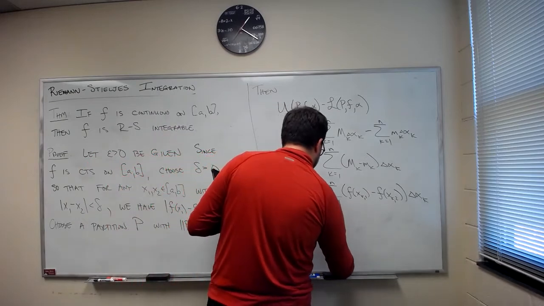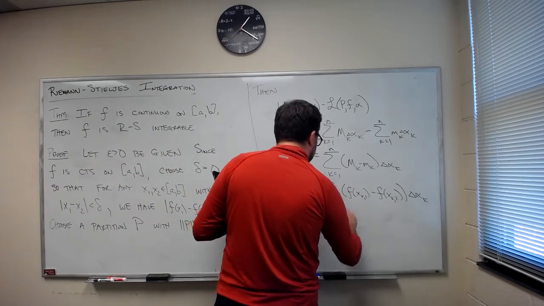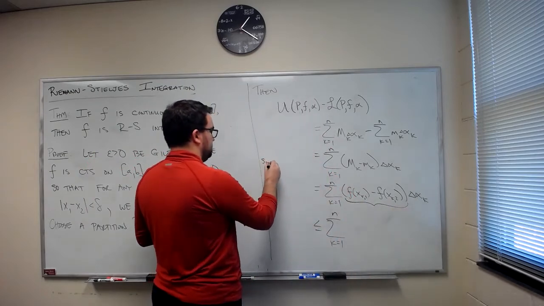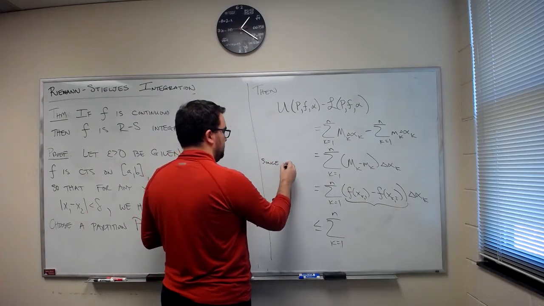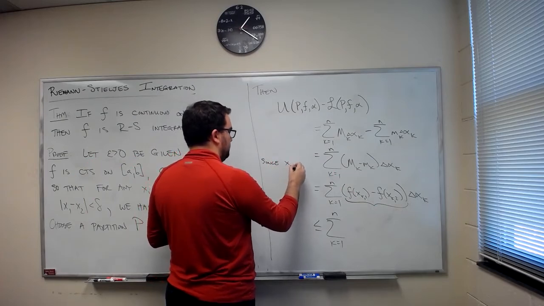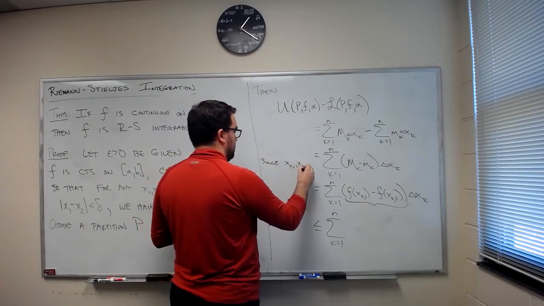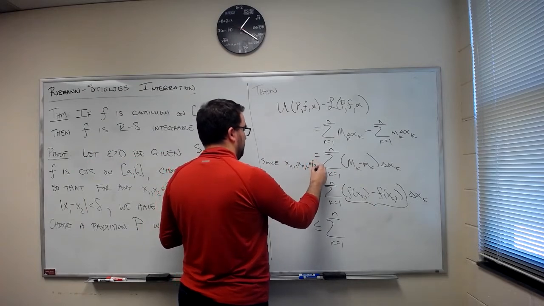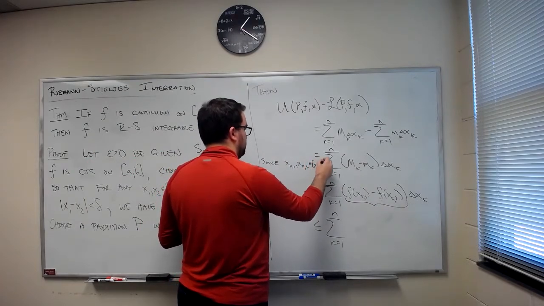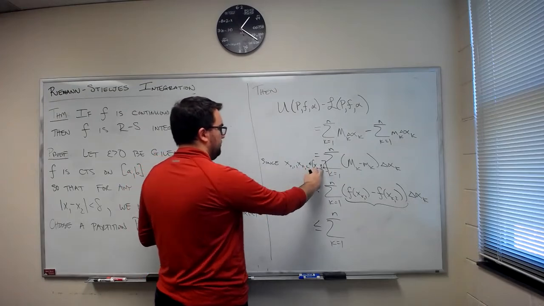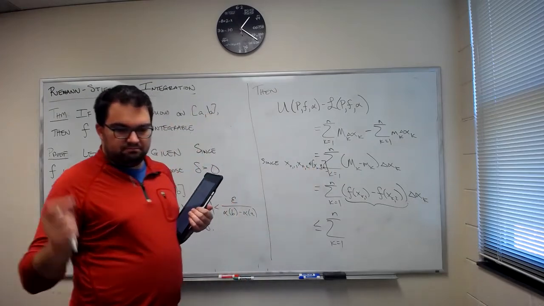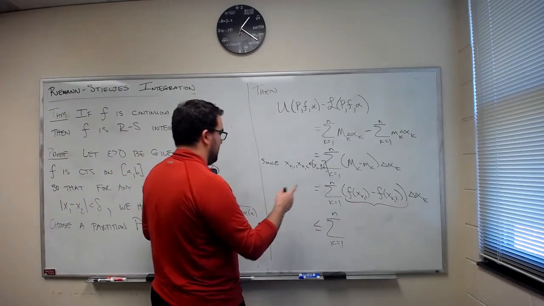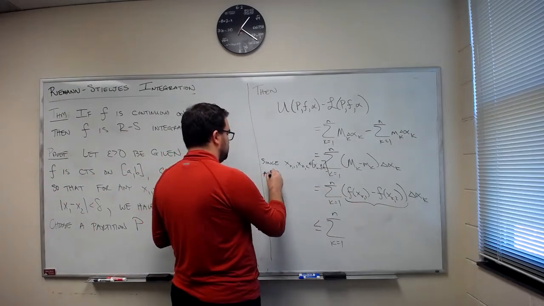Let me look at these. I want to explore this difference. Well, since x_{k,1} and x_{k,2} are both in the same interval, they're both in the same interval x_{k-1} to x_k, and since